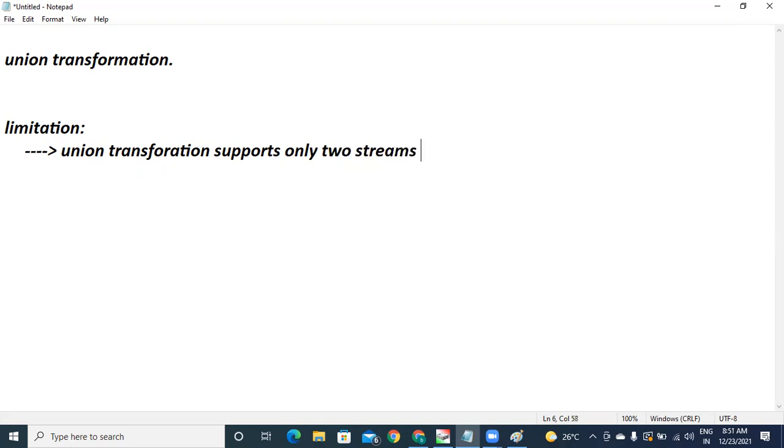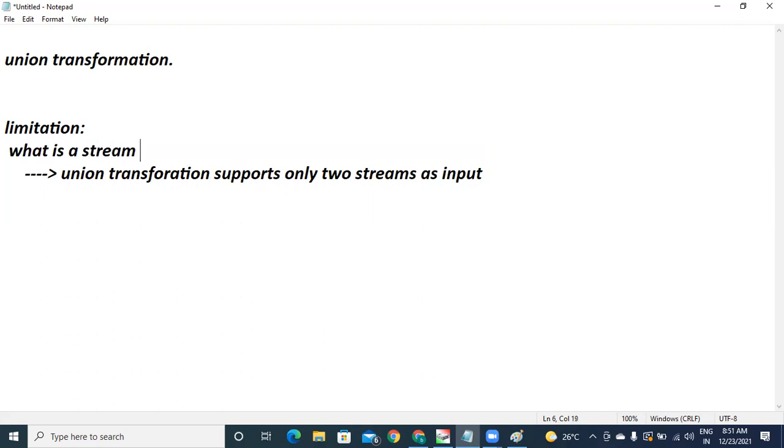What is the first limitation? Union transformation supports only two streams as input. What is a stream?